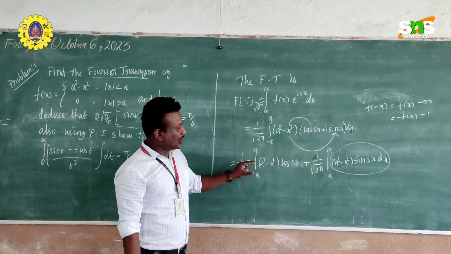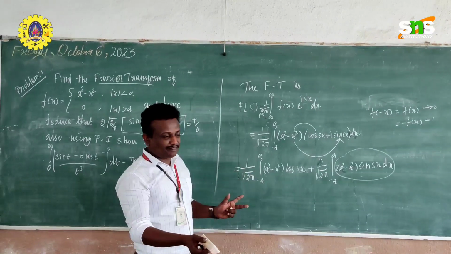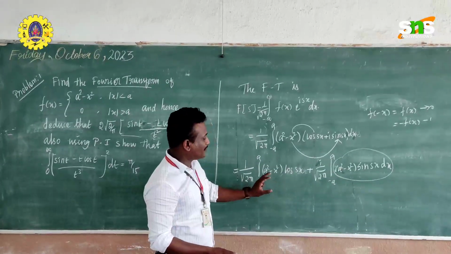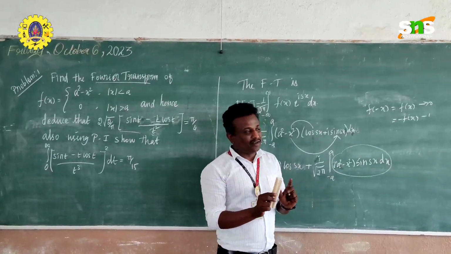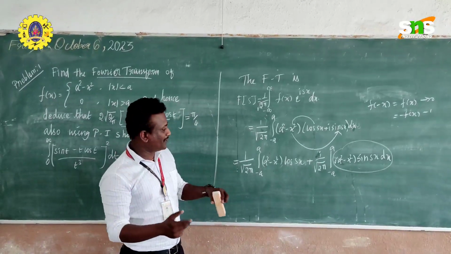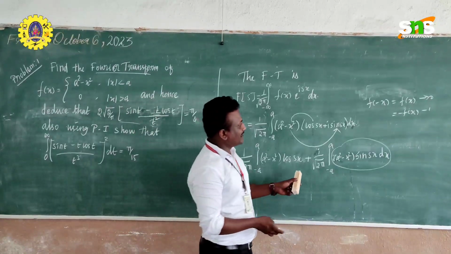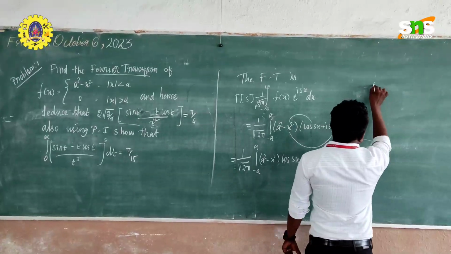Already. Now this step has separated into two parts. This first part, this is second part. So what I am going to do here, I am going to check whether these both functions are even or odd. Because according to even and odd, we have a lot of results. We can apply that result in order to simplify it more simpler. Okay. So first, I am going to check whether the given functions are odd or even.